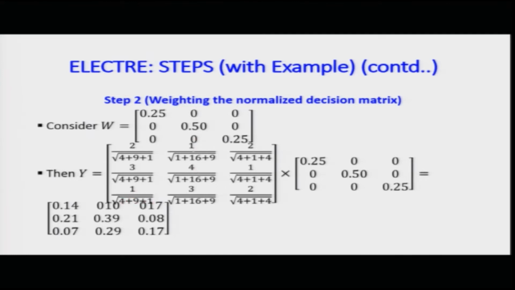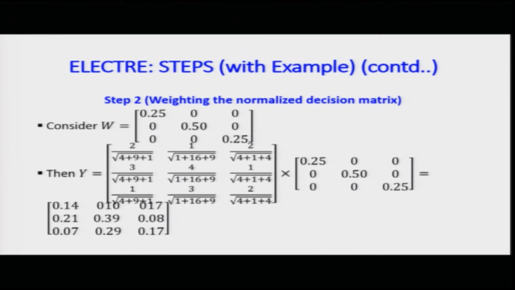Similarly, when I go to the second column and the third column, the respective values are square root of 1 square plus 4 square plus 3 square, which is 1 plus 16 plus 9, that is for the second column. And for the third column, the values which will divide each and every element would be 2 square plus 1 square plus 2 square, which is 4 plus 1 plus 4. So, once you have this, this will give you the weighted normalized matrix multiplied by the weight, which was